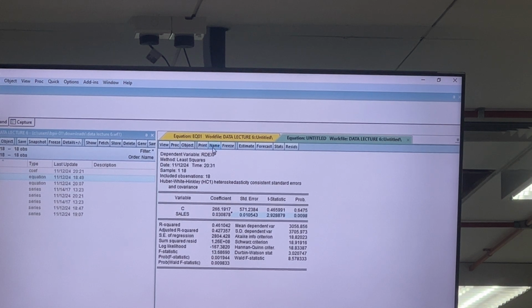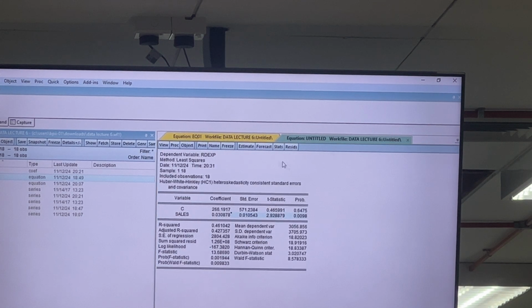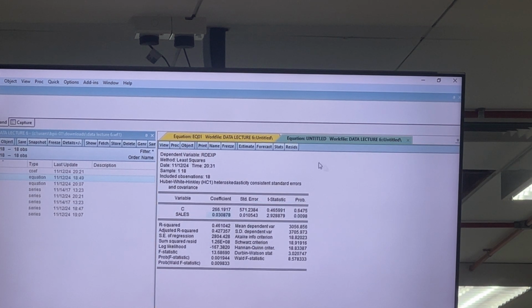So you notice that this is the original estimate, and the estimate is exactly the same after you use the robust error. So I mentioned before that the estimate in the model is okay. Even though it may not be close to the true value, it is still unbiased. But when we have a heterogeneity problem, we have a problem with the error. So by using robust error, it helps us